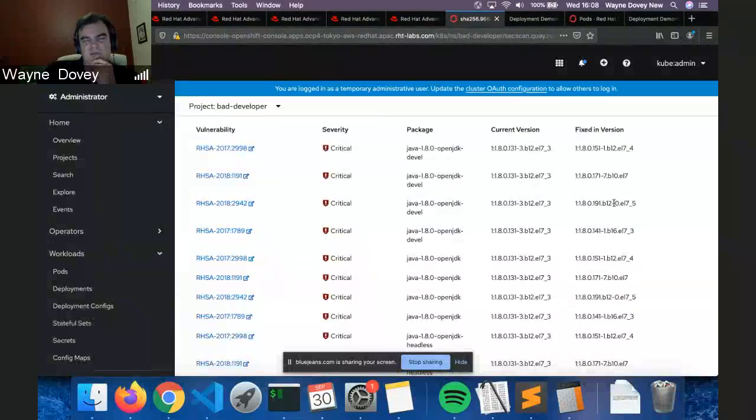In this example, it's quite an old version of Java, so you can see patching that. It really shows the power of not only the capability of patching, but this whole ecosystem working together, which is very useful.